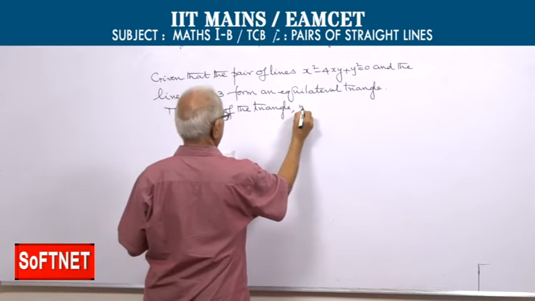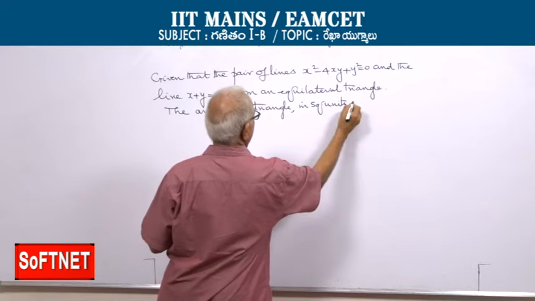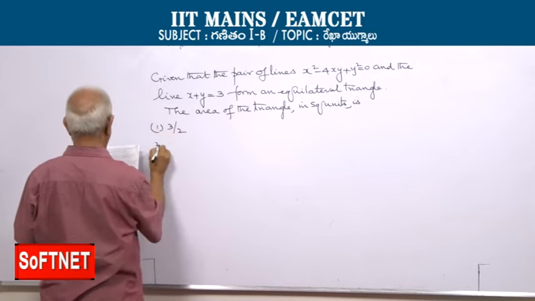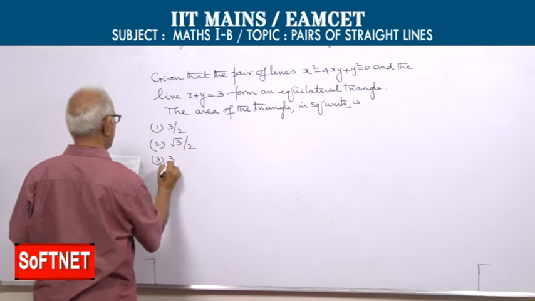The area of the triangle in square units is, well, options are 3 by 2, square root 3 by 2, 3 root 3 by 2,